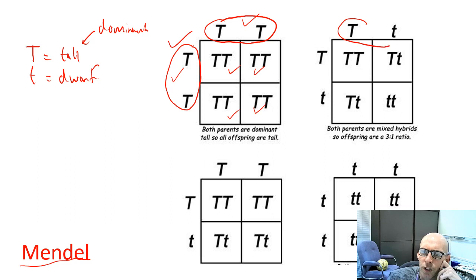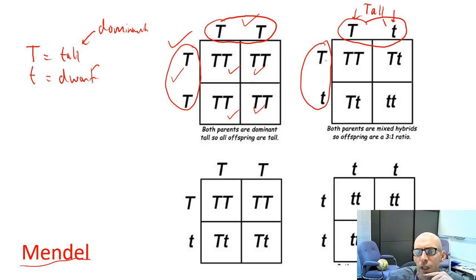Here we have a heterozygous parent. Now what do I mean by heterozygous? The parent had a tall gene and a dwarf gene. So the parent themselves, what do they look like? They look tall, but they carried this gene as well. So they looked tall, but their genotype was they were heterozygous. This parent is identical, they're heterozygous.